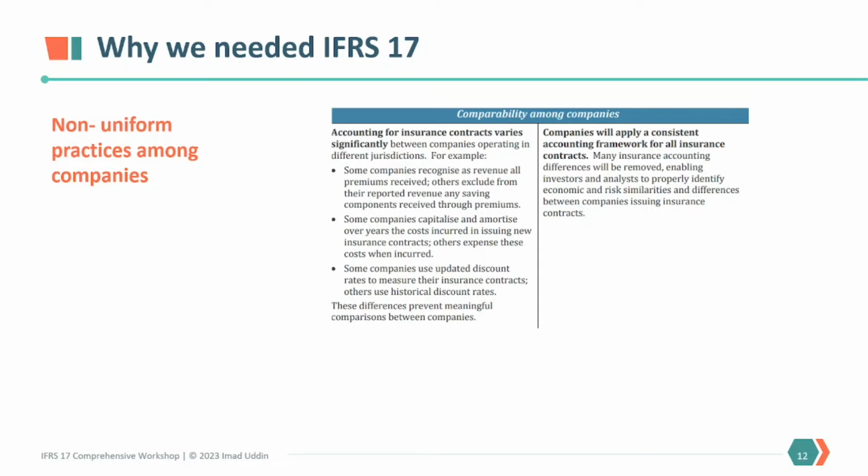The main model under IFRS 17 is the general measurement model. And the great thing about the general measurement model is that it makes companies comparable. It provides a consistent framework for accounting for all companies. So to understand why we need IFRS 17, first understand what we are trying to do here. We're trying to value insurance contracts in a way that we can compare the performance of one company with another,